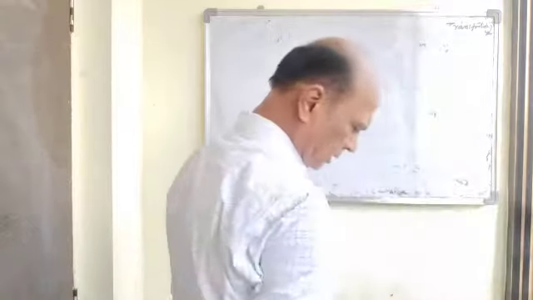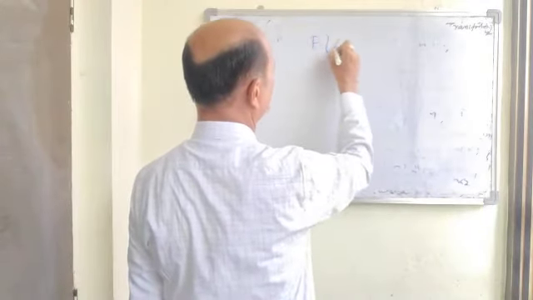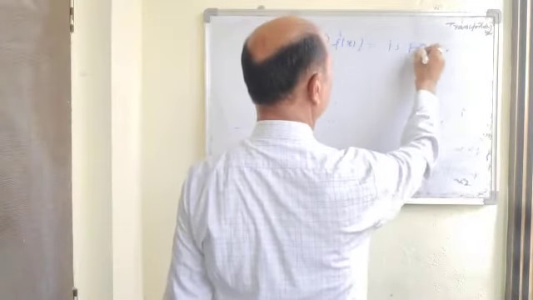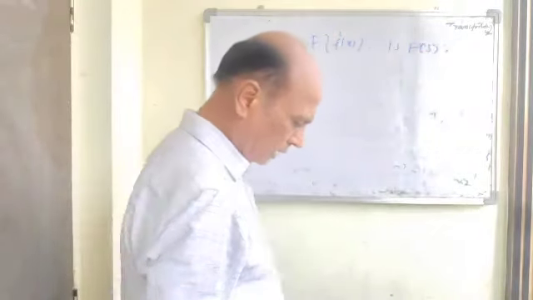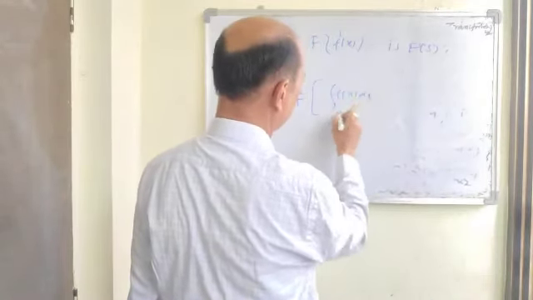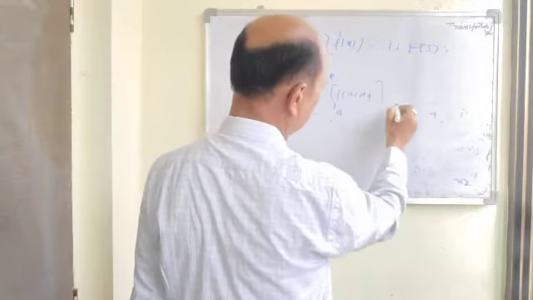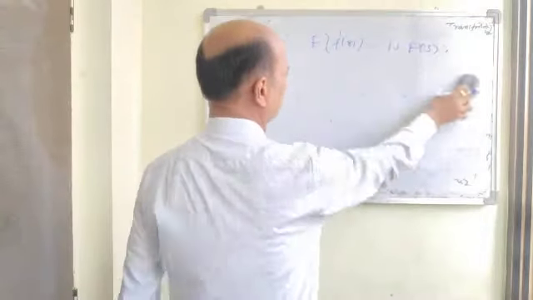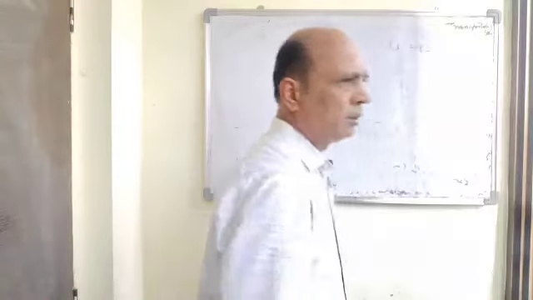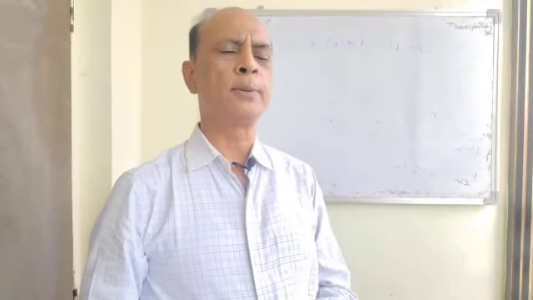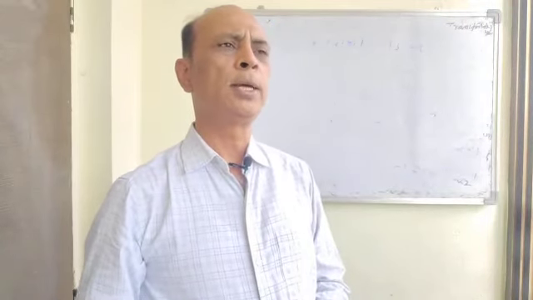Now there are some results, just you can note. The Fourier transform of f dash x is equal to (minus is) into F(s). Just note down this. And also there is a result: the Fourier transform of the integration of f(x) dx from a to x is equal to F(s) upon (minus is). And you can also derive this by using this.